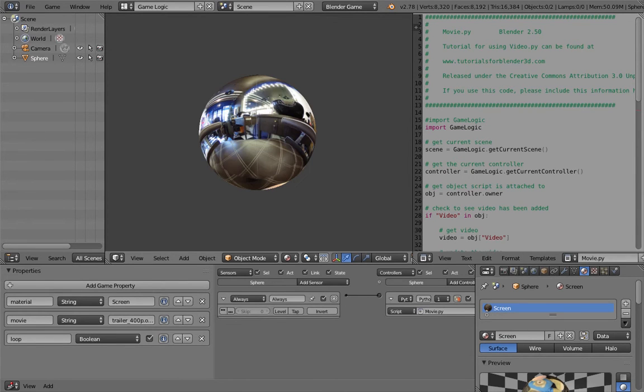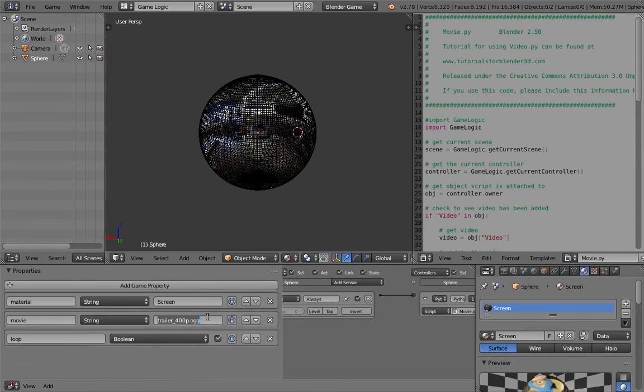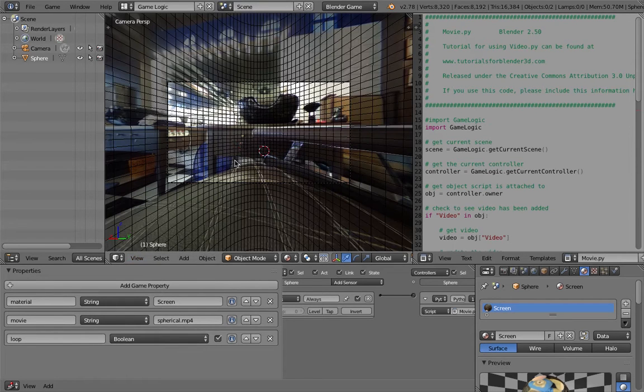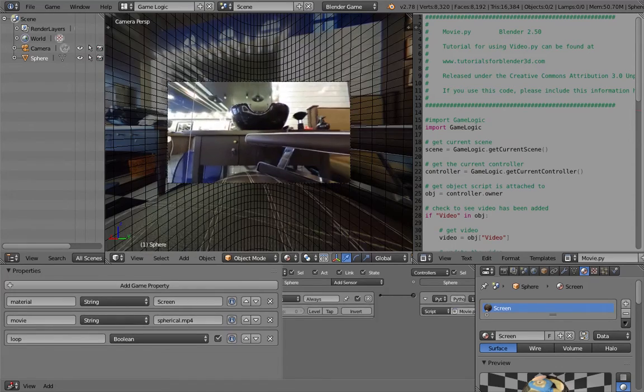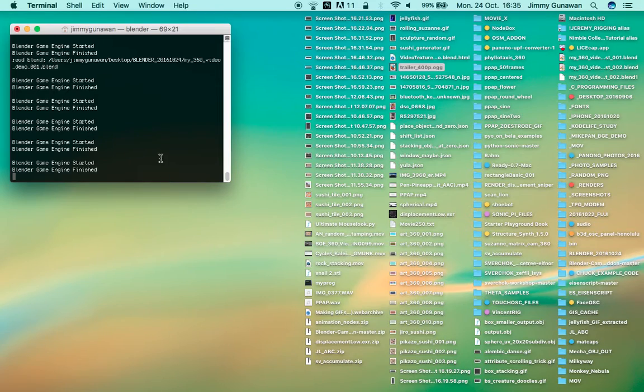I wonder if I made a mistake somewhere. Press P, so the movie is not loading. Let me try my own movie, spherical.mp4. Test it again. Still doesn't work. Let me try. No, not working. Probably the script is